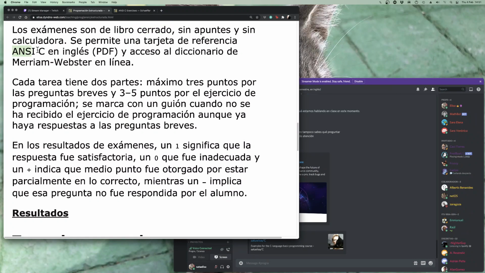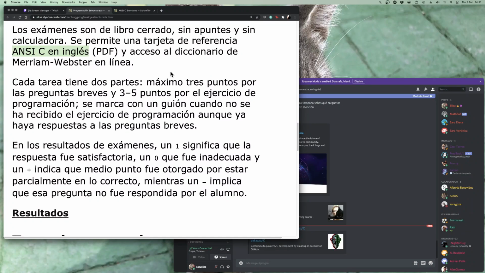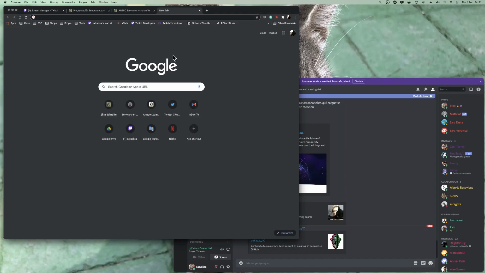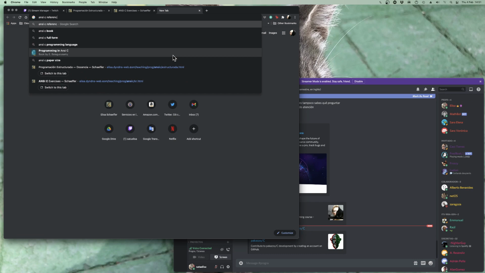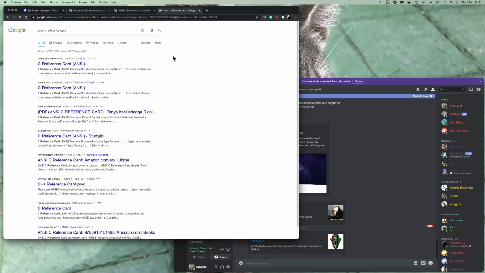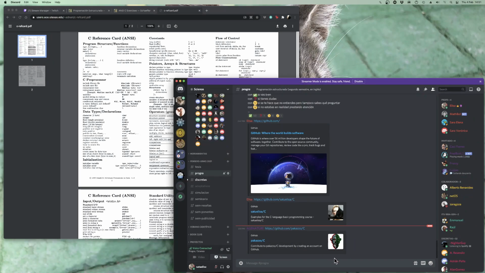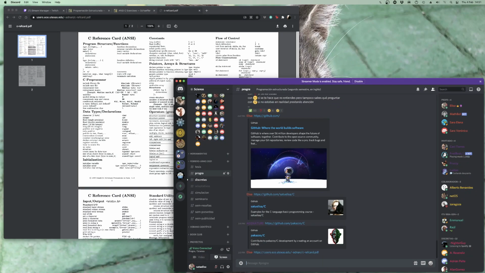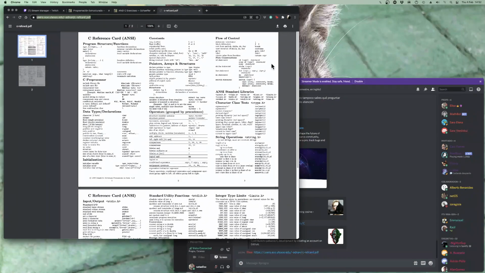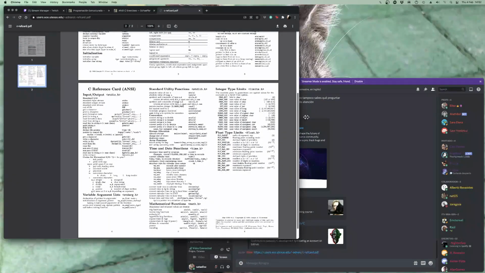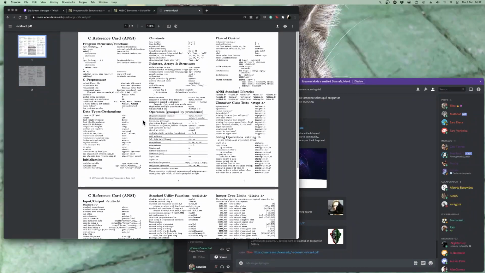What you can use is a reference card. So everybody needs a reference card. There are lots of different reference cards. I'm going to Google one. This one looks fine. I'm going to put it on the Discord channel. So if you have a printer, get one of these. If you don't have a printer, you can just make it your desktop background. But you need to have one of these things at hand,